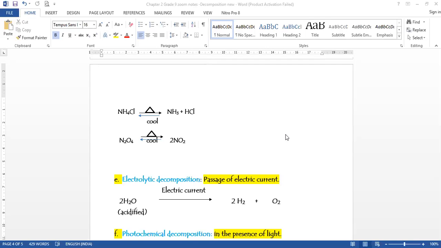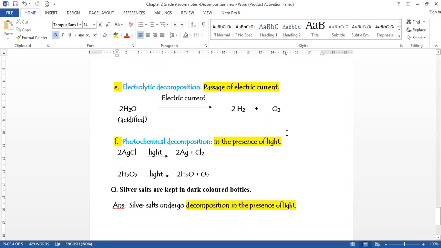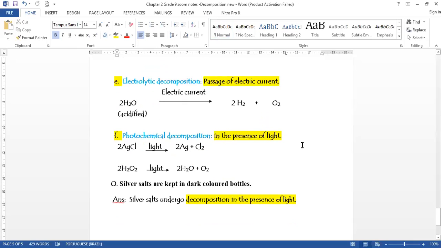Okay, so the next type of reaction which we are studying is electrolytic decomposition reaction. In this reaction, you will be studying electrolytic decomposition and photochemical decomposition together, because mostly these questions will be asked as give point of difference between the kinds of reactions. So electrolytic decomposition reaction is a chemical reaction which takes place by passage of electric current. Which means that we are taking a chemical compound, passing electric current into it, and the compound undergoes decomposition. That is called electrolytic decomposition. So we are using the method of electrolysis in this reaction.